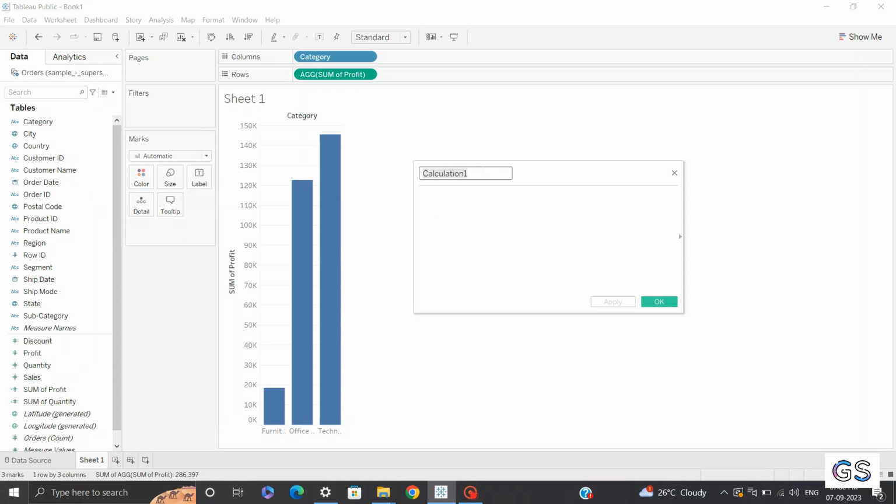Now we'll create a new calculated field which is average sale price. So what is average sale price? It's like sum of sales divided by sum of quantity. So we have already created these two calculated fields which talk about sum of profit and sum of quantity. So let's rename this calculated field as average sale price. Now here I can use these two calculated fields which I had already created, like sum of profit divided by sum of quantity,